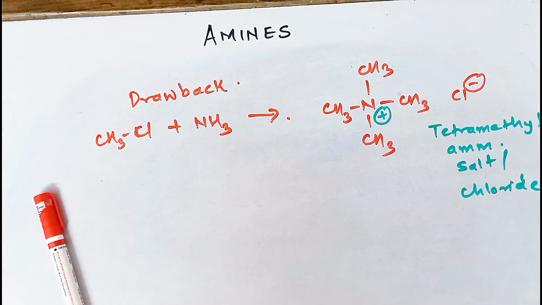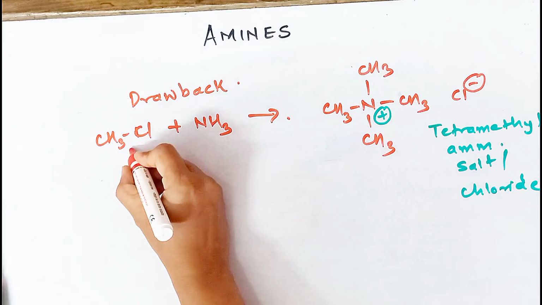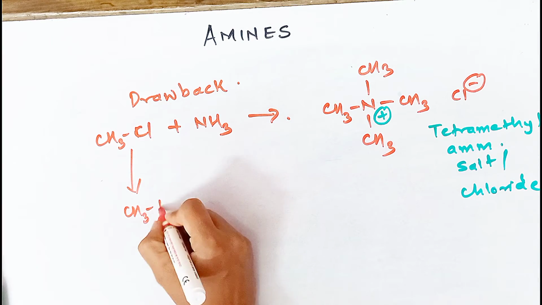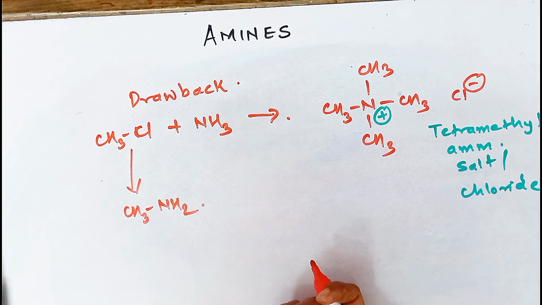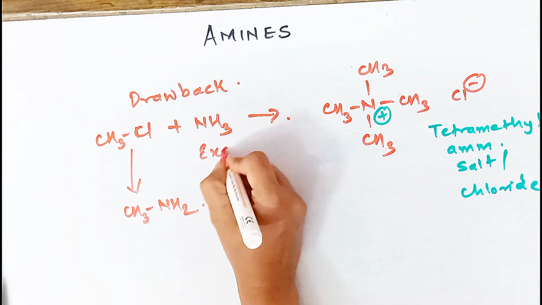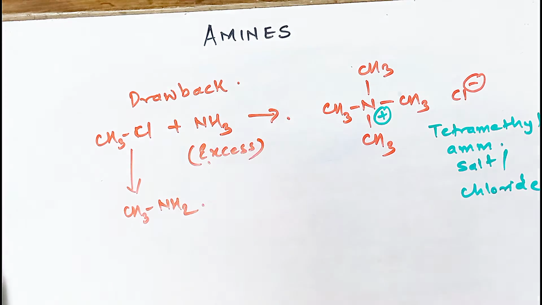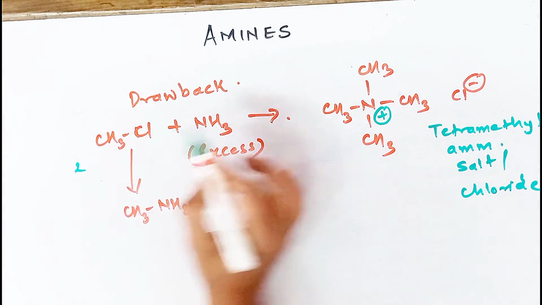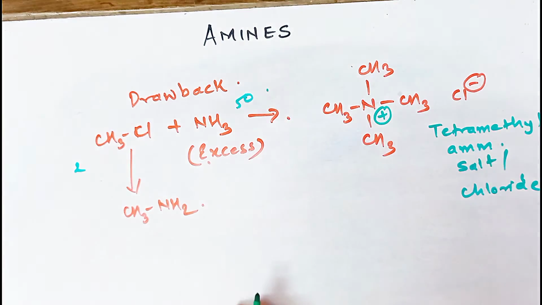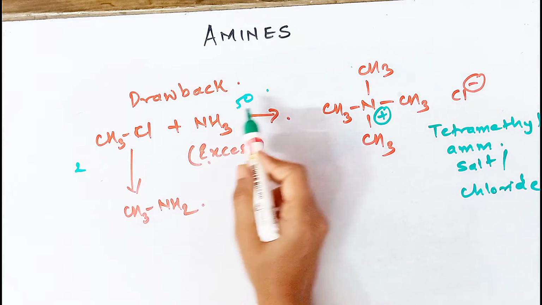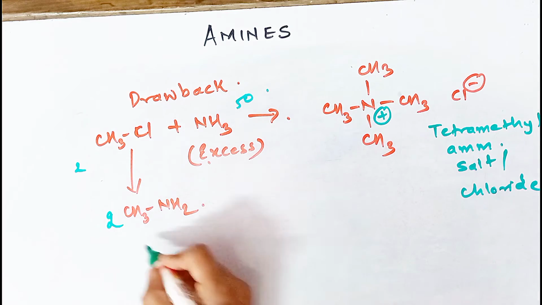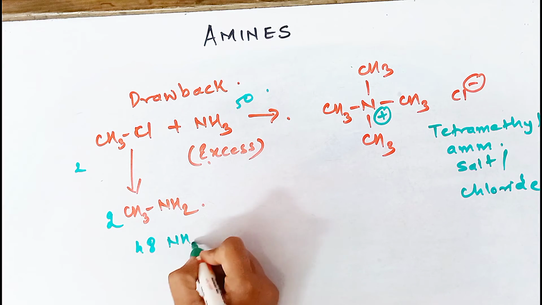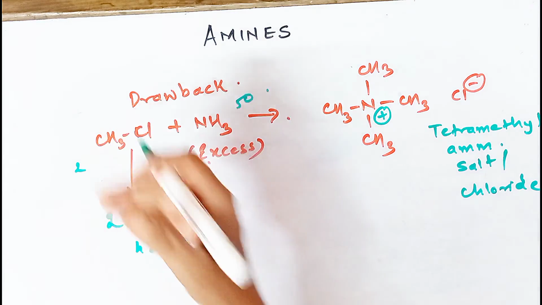Now the question I was asking you is that how to stop the reaction at step 1. That means if I want to prepare a primary amine like CH3NH2, then what do I do? So it's common sense that I must use lots and lots of ammonia. So this has to be in excess quantity so that CH3Cl becomes my limiting reagent. Like for example, if I take 2 molecules of this and I take 50 molecules of ammonia, so I'm very sure that those two are going to react with ammonia and then the reaction is going to stop. So I'm going to get 2 times CH3NH2 and the remaining 48 ammonia molecules will just wait because they don't have any species to attack on.